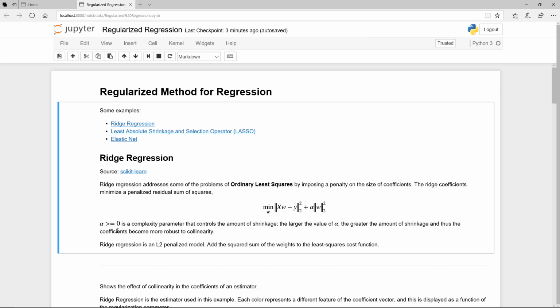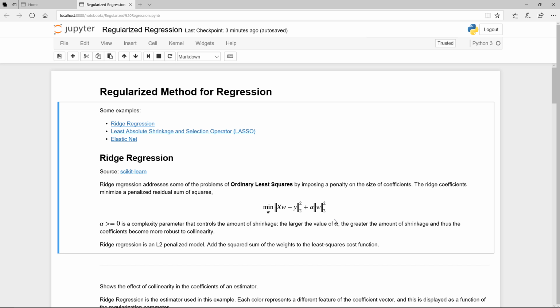Alpha greater than 0 is a complexity parameter that controls the amount of shrinkage. The larger the alpha, the greater the amount of shrinkage, and thus the coefficients become more robust to collinearity. Collinearity meaning the correlation between the